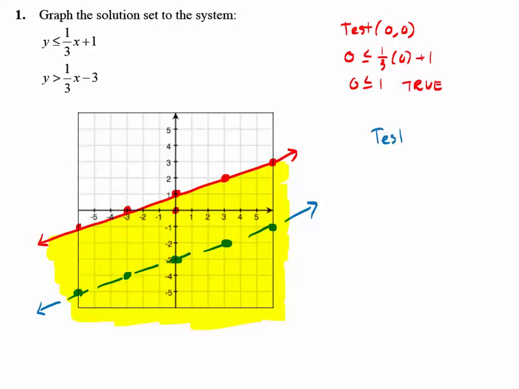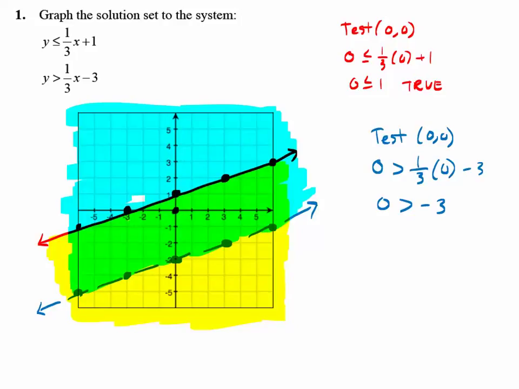We pick 0, 0 again, since 0, 0 is not on the line. Then again, all we got to do is test the y value, which is already 0, compared to the number in the back. So what do you guys say, true or false? True. That's true as well. Okay, so we're going to shade towards the dot as well. So we're going to shade up to the